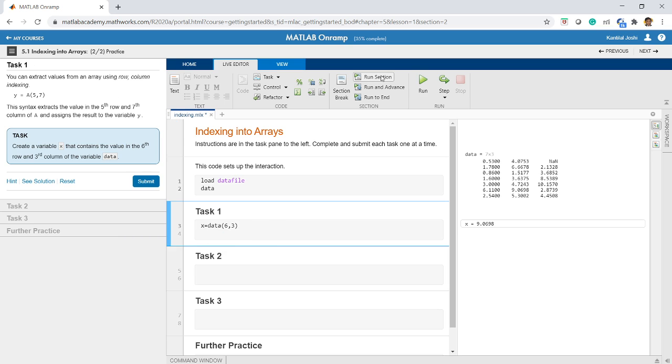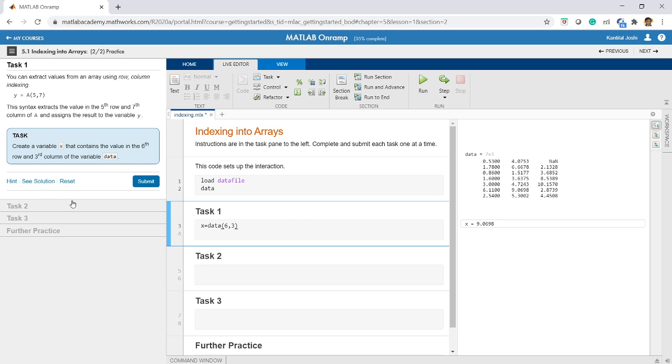So the value which comes out is 9.0698, which is the 6th row, 1 2 3 4 5 6th row, and the 3rd column. This is actually a 7 by 3 matrix, and out of this 7 by 3 matrix we want the value in the 6th row and 3rd column.